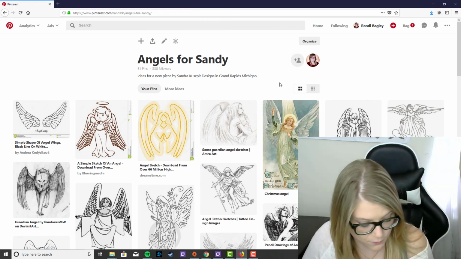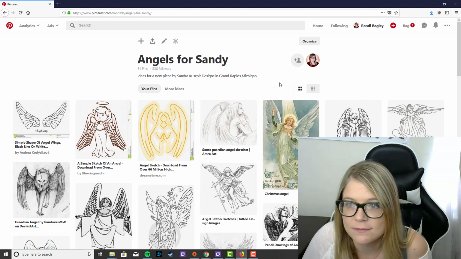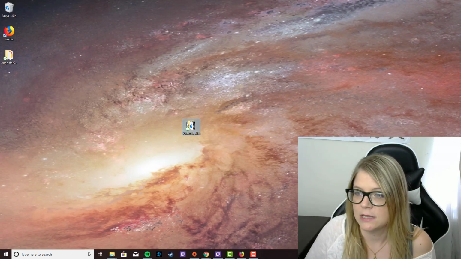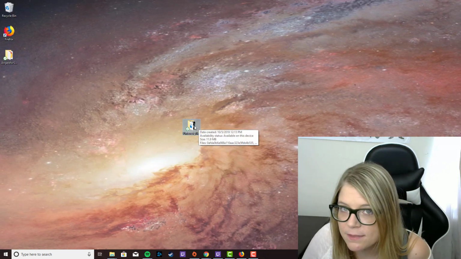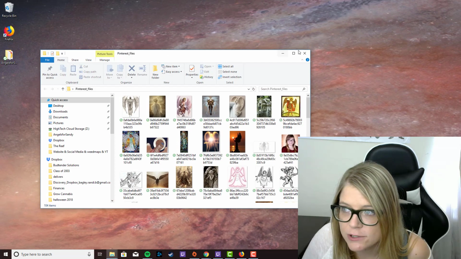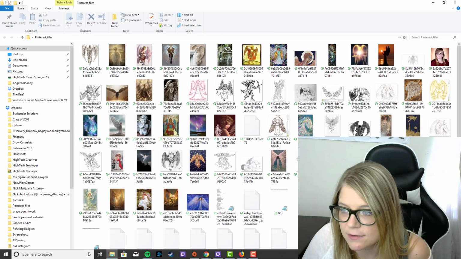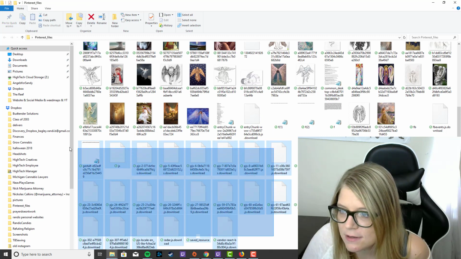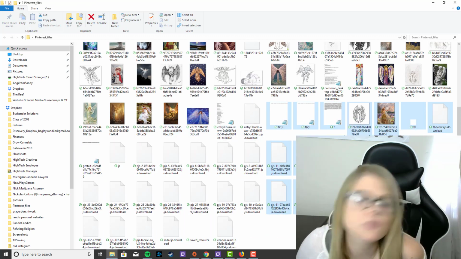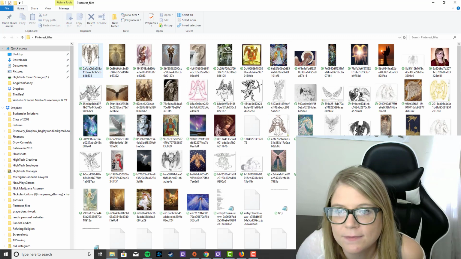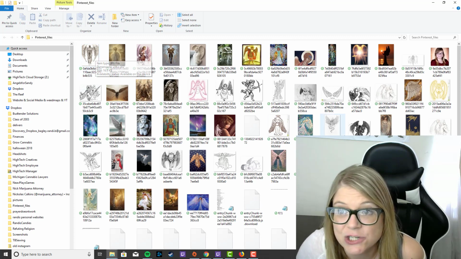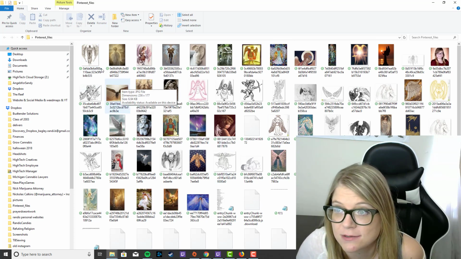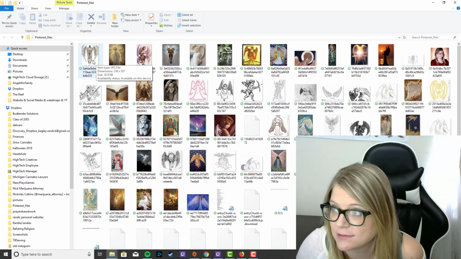Next, you want to press the Windows key D and then open up the folder that you just downloaded the website on. Now this is going to have all of the background information, so all of this stuff. What you want to do is hold the Control key down and left click each one of the pictures that you would like to print.